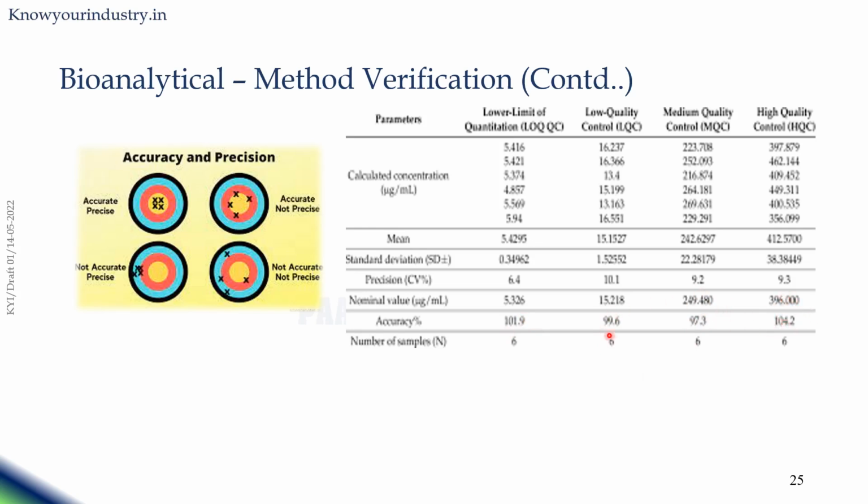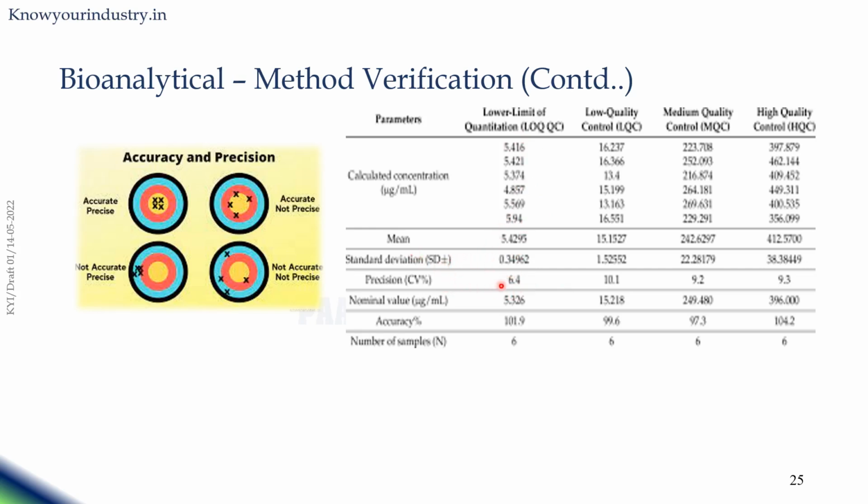These all come within plus or minus 15%, so it is acceptable, and this one should be within plus or minus 20%, which is also acceptable. So the accuracy percentage is calculated against the nominal concentration: this is what you spiked, and this is what you got. Then the precision: here it is 6.4%, and this is 10%, 9.2%, 9.3%. Precision is calculated using the standard deviation. Here there are 6 values, and we see how they vary. So the standard deviation divided by the mean